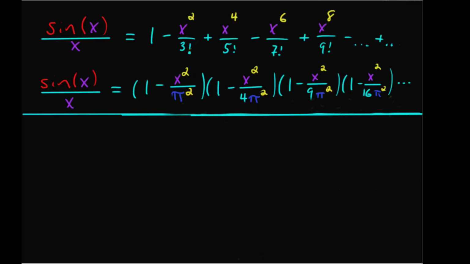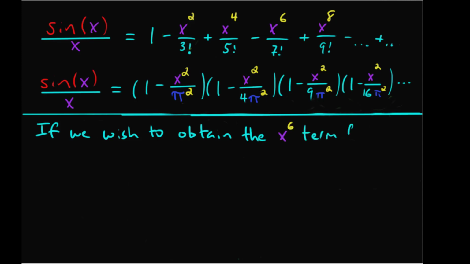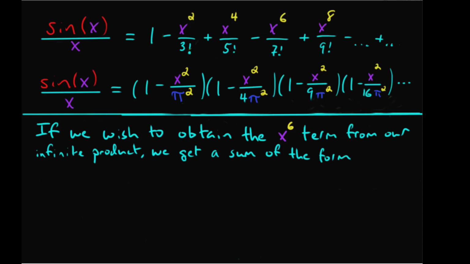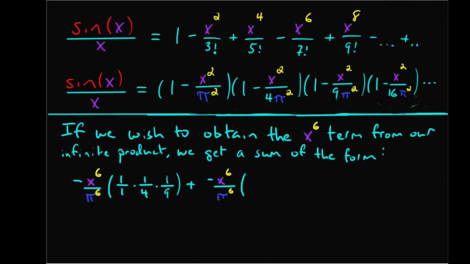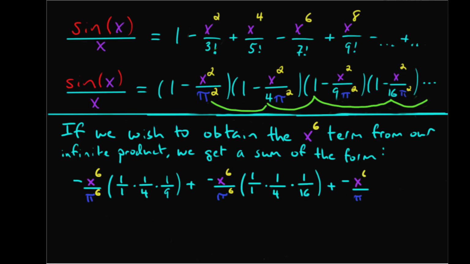That's very cool. Now let's go ahead and find zeta of 6 the way Euler did. Well, if we wish to obtain the x to the 6th term from our infinite product formula for sine x over x, we would get a sum of the type negative x to the 6th over pi to the 6th times 1 over 1 times 1 over 4 times 1 over 9, plus negative x to the 6th over pi to the 6th times 1 over 1 times 1 over 4 times 1 over 16, plus negative x to the 6th over pi to the 6th times 1 over 1 times 1 over 4 times 1 over 25, plus